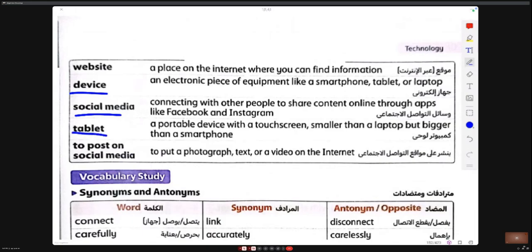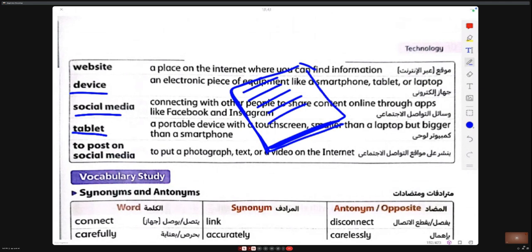Tablet. The tablet can be something else, not only the one we use. We call it tablet from the time of the ancient Egyptians. They wrote their ideas or their history on tablets.